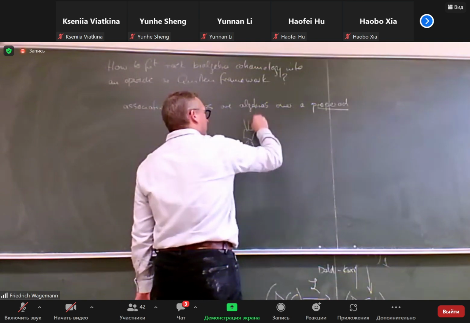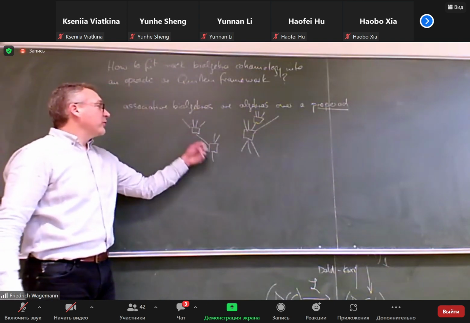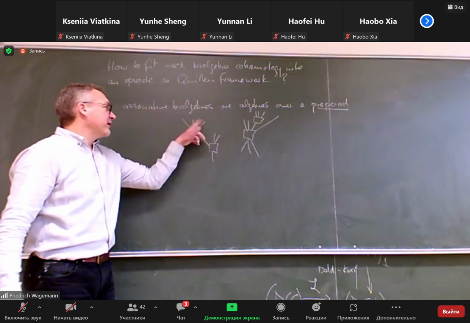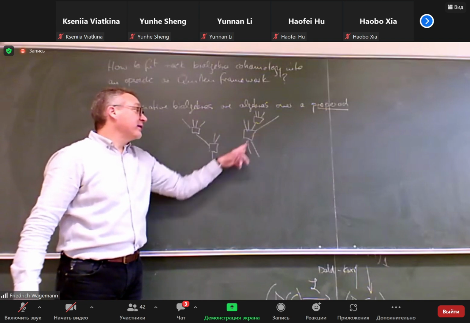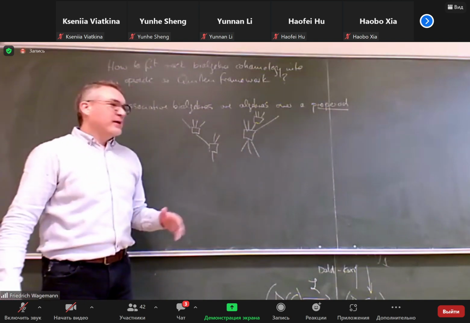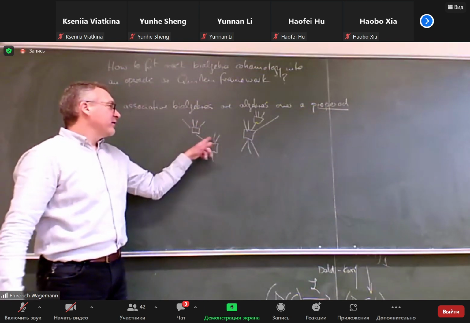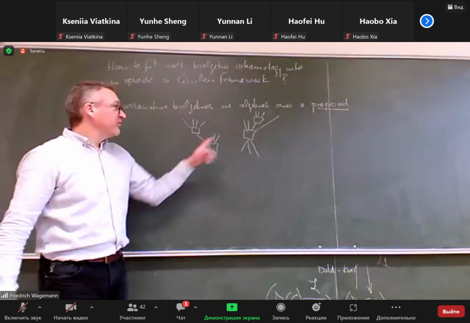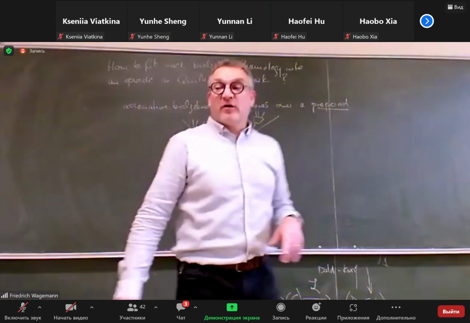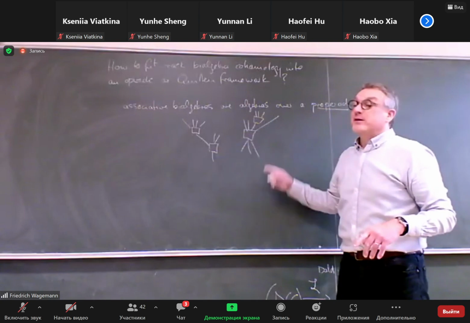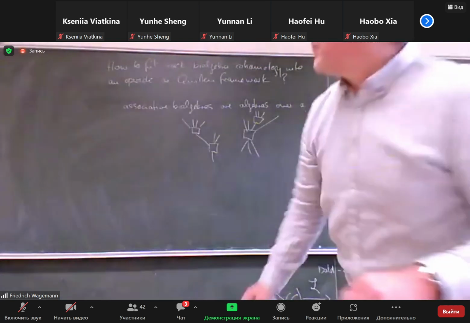You not only have always one output and several inputs, but in properads you can have operations where there are several inputs and several outputs. So where these are so-called S-modules, you have an action of the symmetric group on the inputs. Here you have an S-bimodule. You have an action of the symmetric group on the inputs and on the outputs. And so these are much more difficult to handle, but